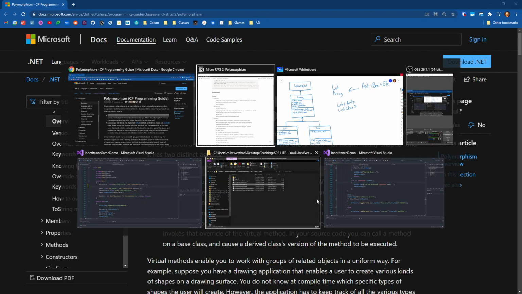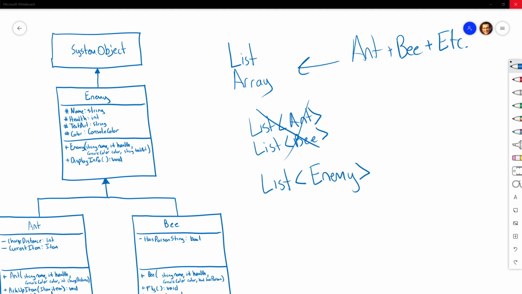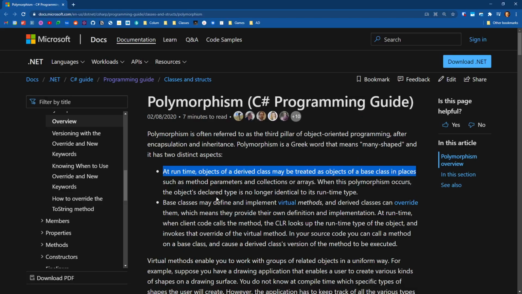So if we take our whiteboard diagram here, rather than create a list of ant or a list of type B, we can actually create a list of type enemy and put ants and bees in there. So even though ant is more specific than bee, we can still put it into a collection of its parent class, which is enemy. So that's the important point number one about polymorphism, is that we can treat child classes as if they were